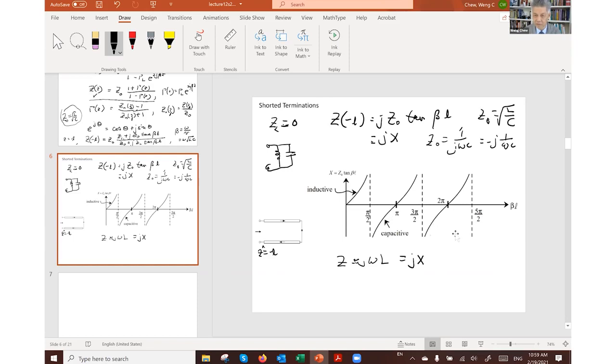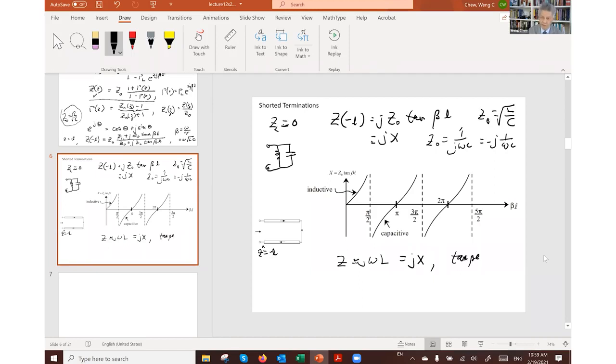And it swaps back and forth depending on the length of the line, because when something is inductive, it means that there's a lot of magnetic field stored in the system. When something is capacitive, it means that there's lots of electric field storage in the system. And it swaps back and forth because there could be charge accumulation and a standing wave pattern on this transmission line. What is remarkable is that when you have a very short line,